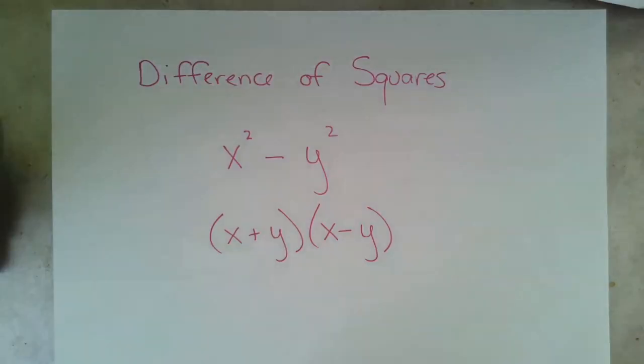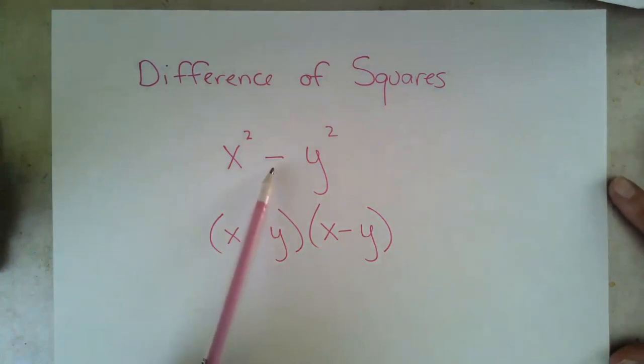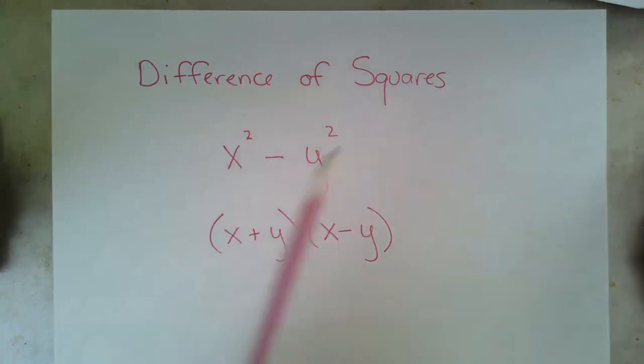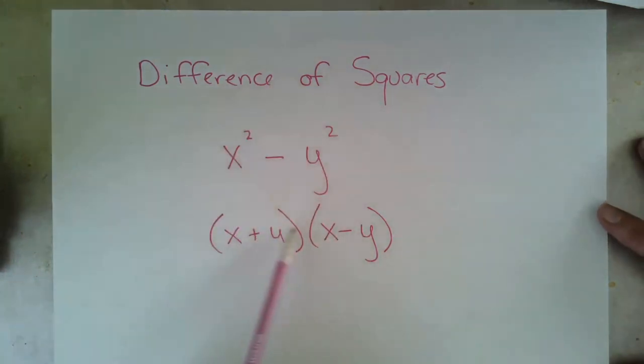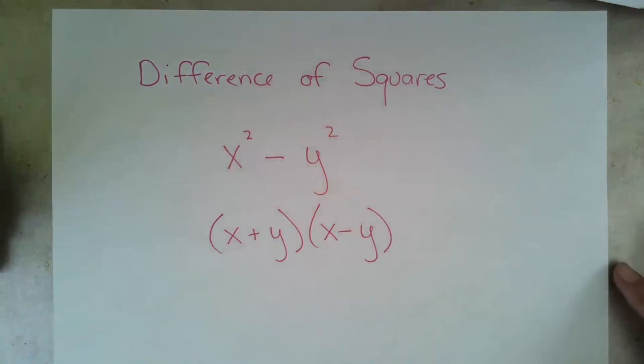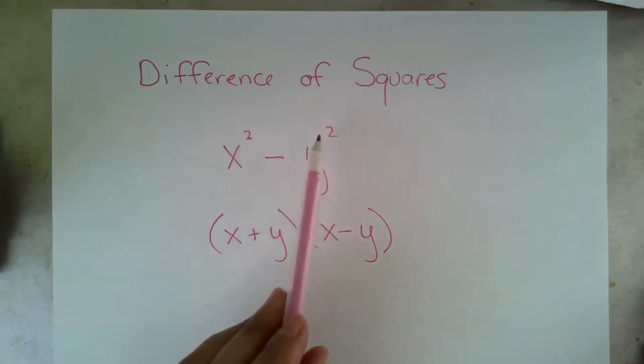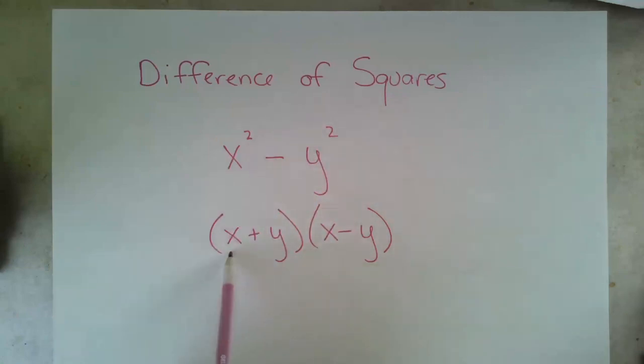So let's go ahead and take a look at this. Okay, so here we are, a difference of squares. There's our subtraction sign, the difference. And here's our first term, x squared is a square, x times itself. And then y squared is a squared term, y times itself. Now you'll notice that unlike our usual quadratic, we only have two terms here. So when you see one perfect square minus another perfect square, you know that this factors into x plus y